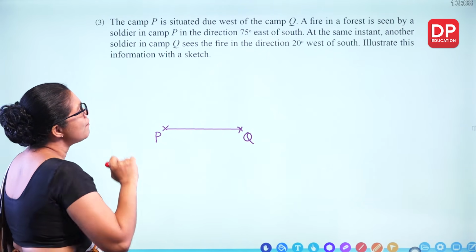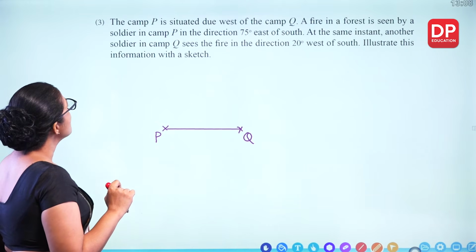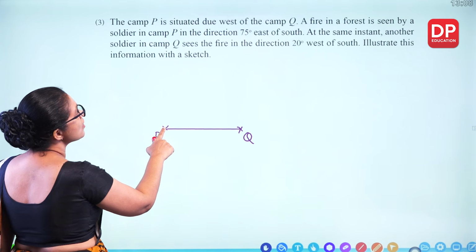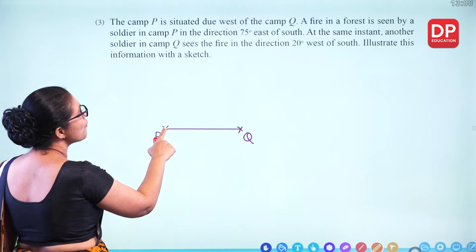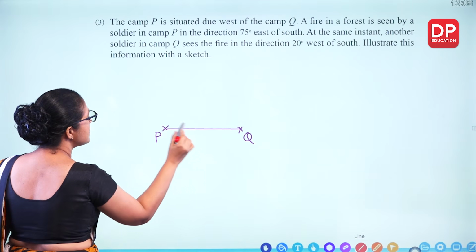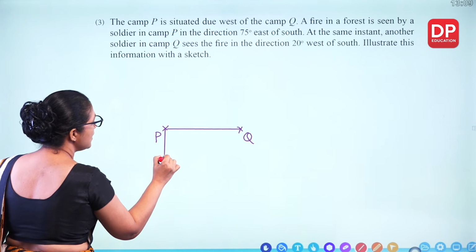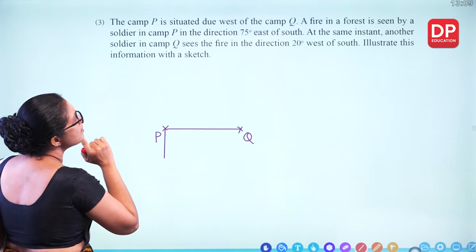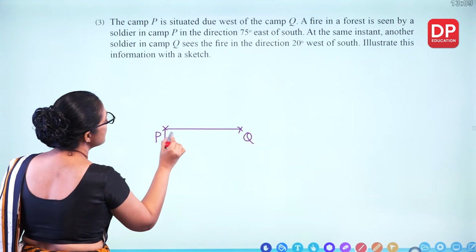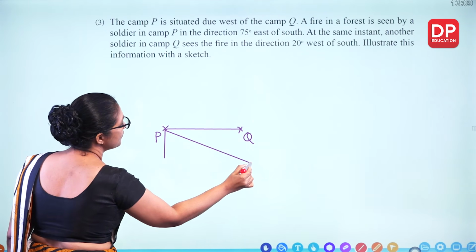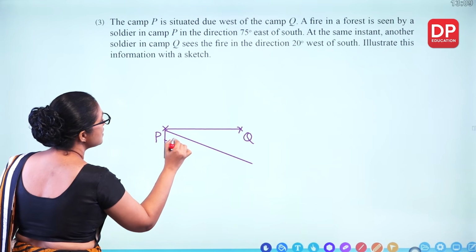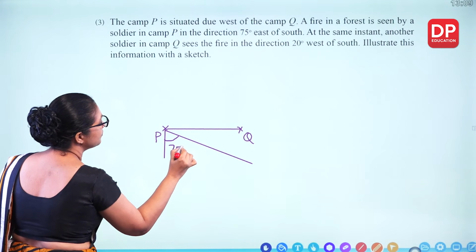A fire in a forest is seen by a soldier in Camp P in the direction 75 degrees east of south. From here, east and south. So we need to draw the south direction. 75 degrees means somewhere here, this direction. So 75, this angle,